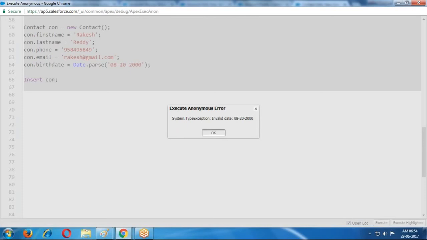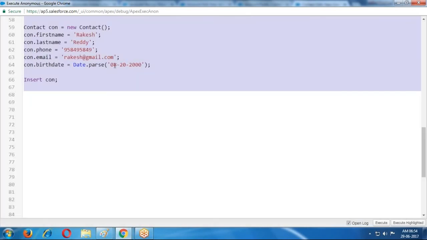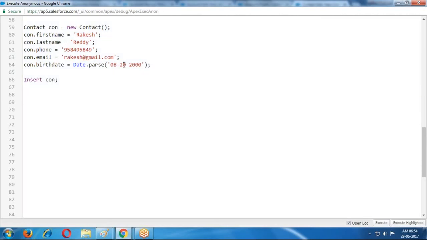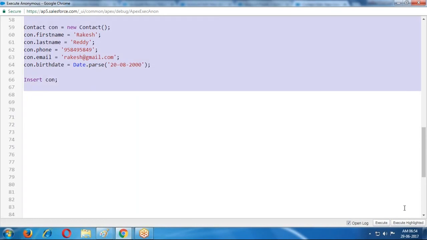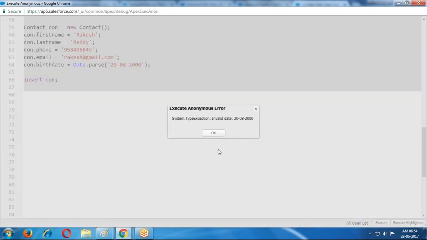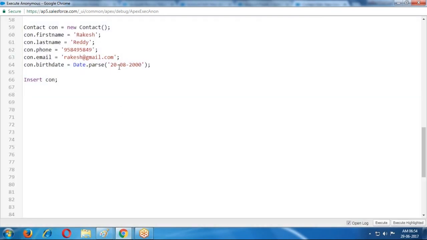There are two reasons. Suppose I'm using 08, here 20, is it accepting? Invalid date. Here the slash symbol is required.